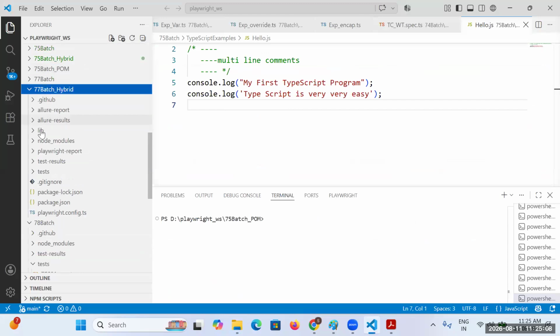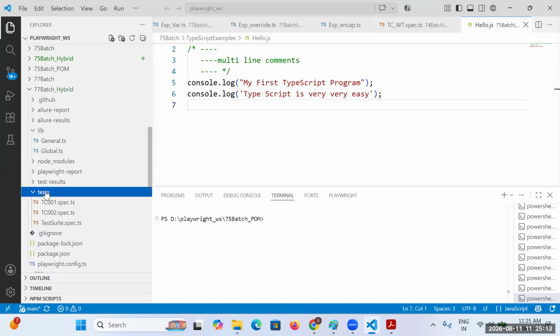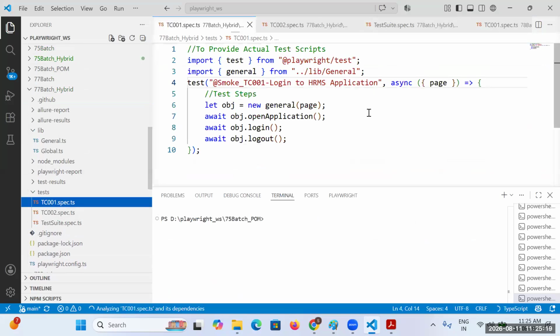After that, you will be working with the test.describe method. After that, you will be working with the grep command. We are able to implement the test suite, but even though it has been implemented, we have to execute it manually. We have to open VS Code, open that project, and execute the test cases there.